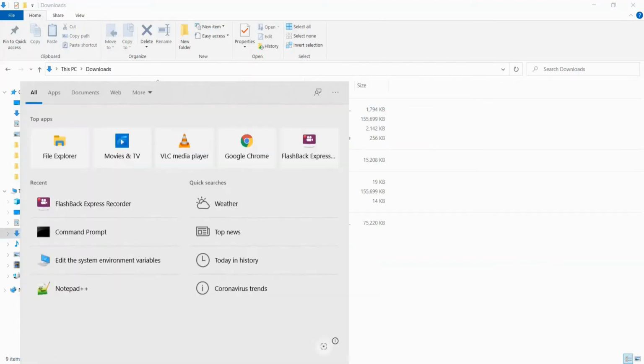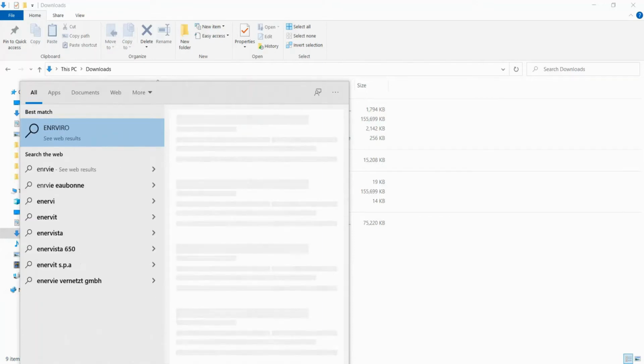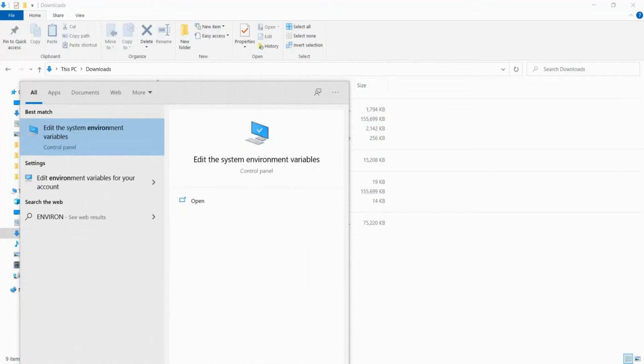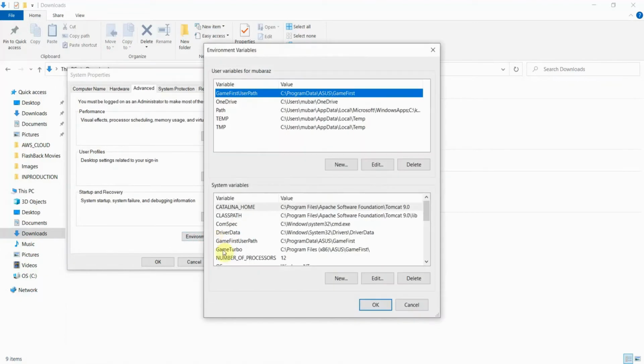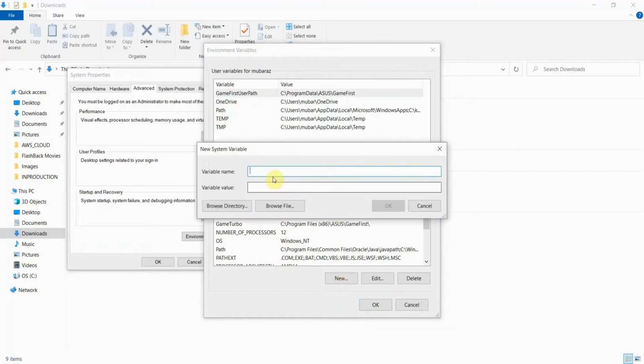Once Java installation is done, we need to set the system environment variables. So let's search environment. So here we got the option edit the system environment variable. Select that one, and here click on environment variables, and in system variables we have to click on new.